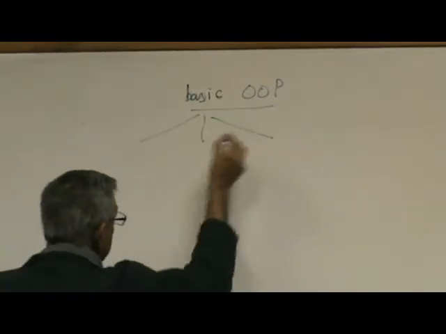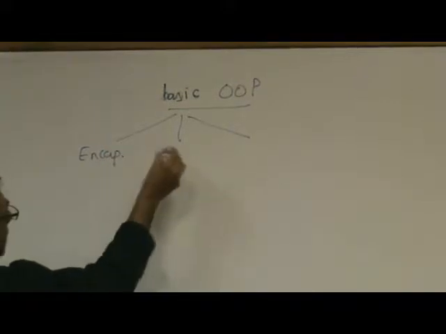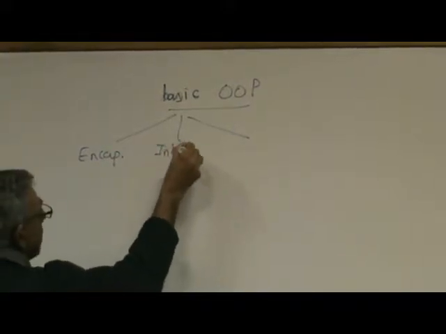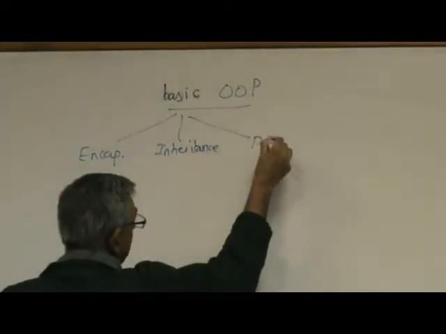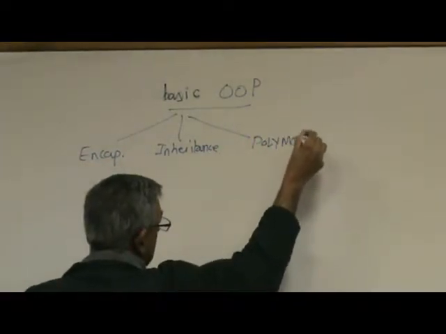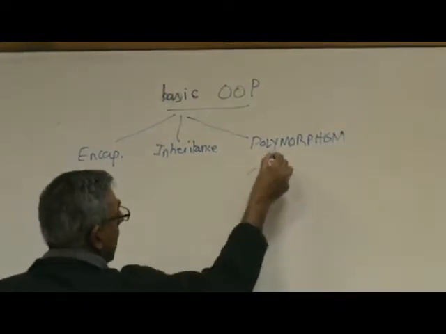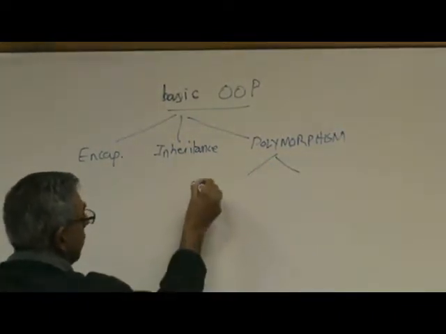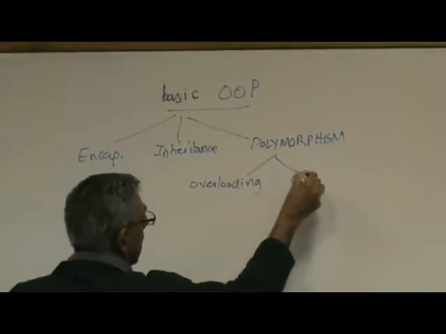So everybody feels comfortable with encapsulation, creating classes, inheritance, and polymorphism. And we discussed a few categories of it, for example, overloading, overriding,